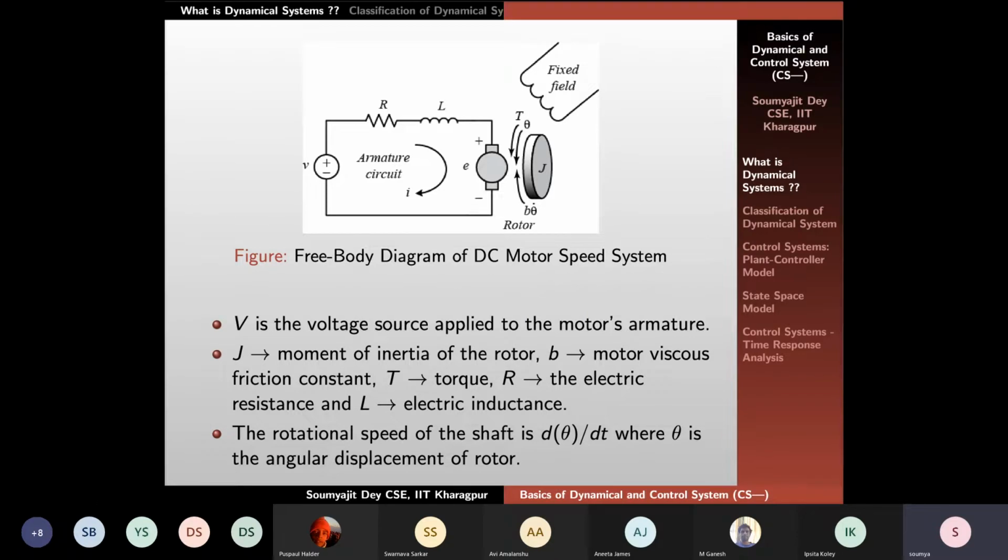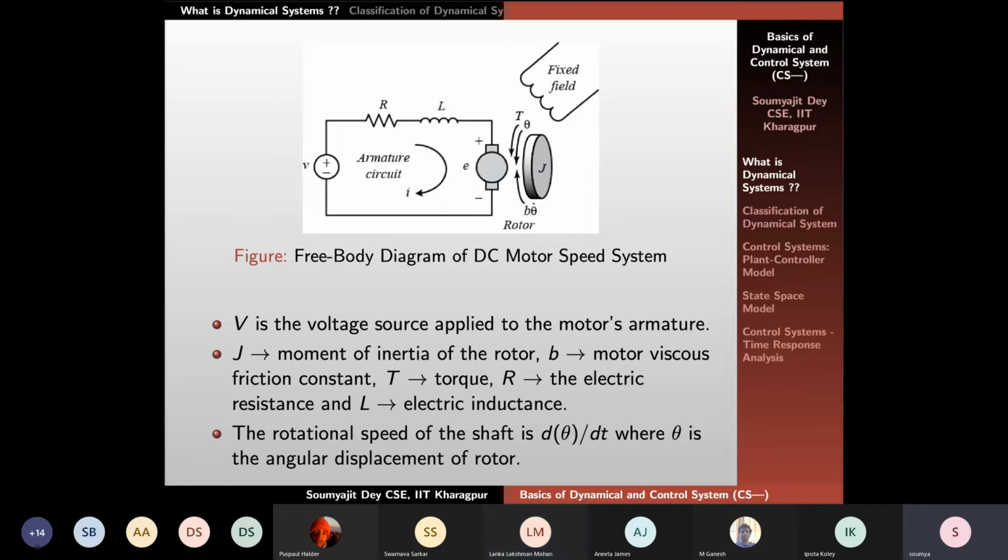Just asking, anybody in the class, when I say armature current, do you know what the armature is? Hello. No, sir. The coil. Okay. Yes. Anybody from electrical or electronics? Hello. The armature is the coil that is